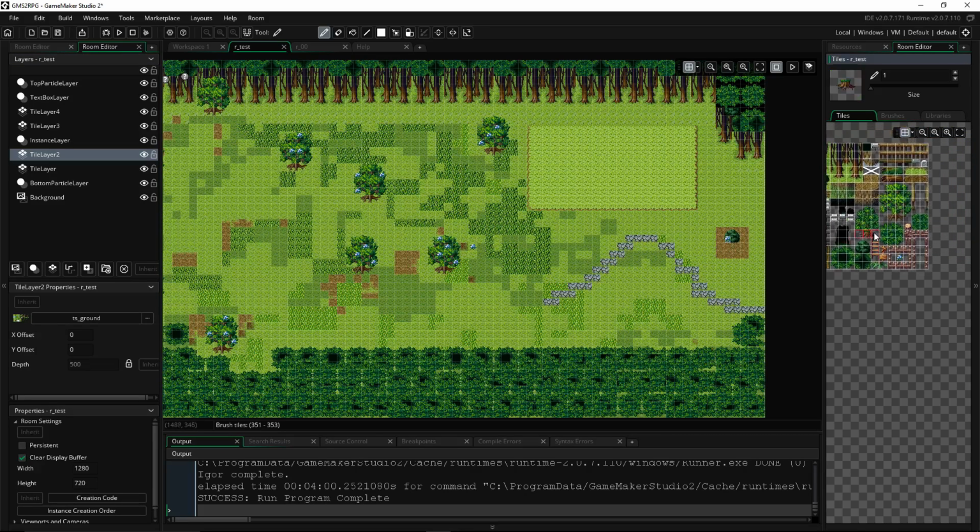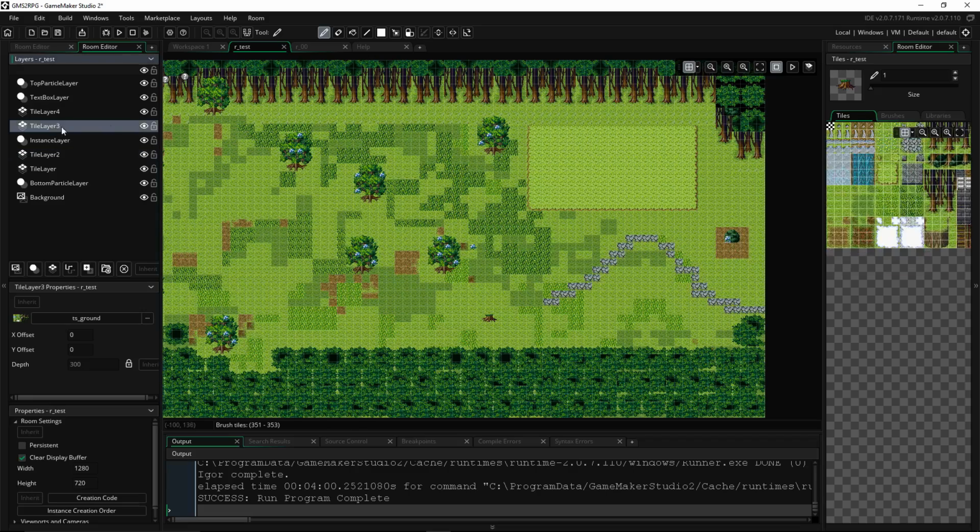transparent roots. So let's say these roots. So here are going to be our transparent roots. So now they're on top of that grass layer. You can see the grass behind it. Now we're going to go to 3, because you can see our instance layer where our player is going to